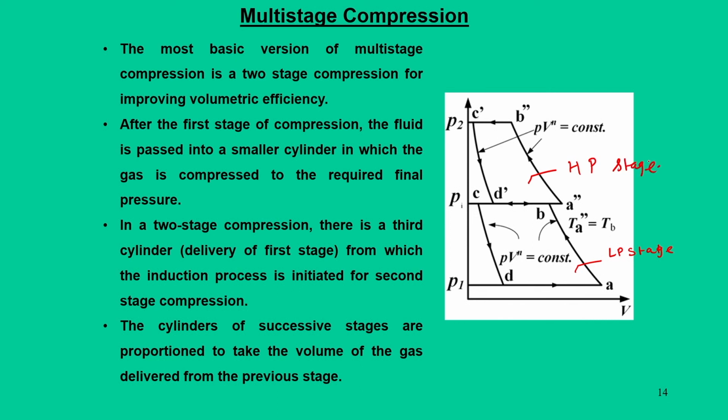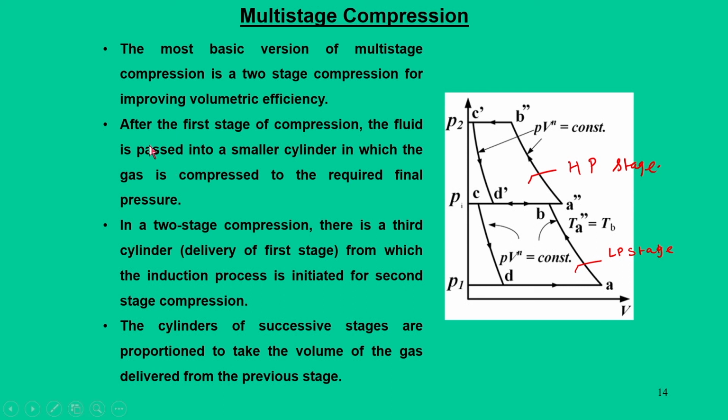So, in a two stage compression we have two stages, a low pressure stage and a high pressure stage. But what happens here is that your indicated power also shoots up because your temperature goes up. So, for that there is some kind of compromise that we have to make when we go for multi-stage compressions, and moreover if your temperature goes up, your indicated power also becomes higher. So, we must find some kind of solution for this case.